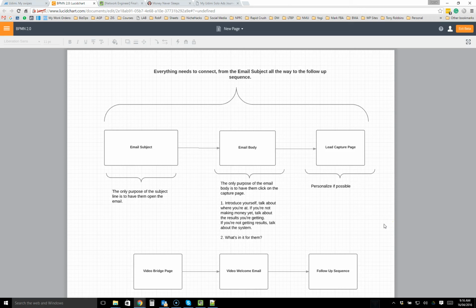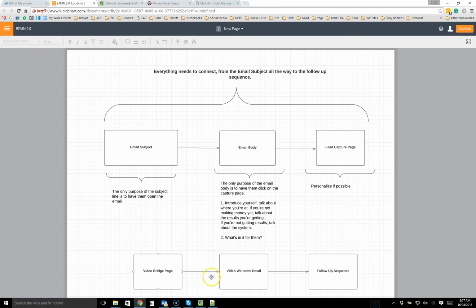People are going to check the email, click on the links, and then they will get to your lead capture page. Some of them will be interested, some won't. So some will opt in, and so it's a whole process. So your job as a marketer will be to establish a connection all the way through, from the email subject to the email body to the lead capture,